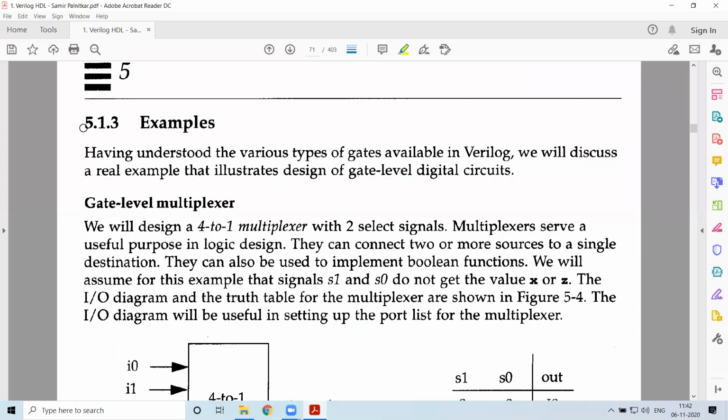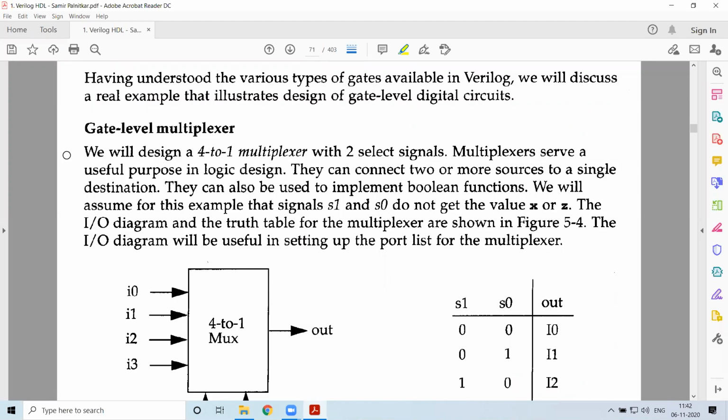So we have discussed array of instances. Next, continuing, let us see the different examples. In the first one, we'll be discussing a gate level mux.